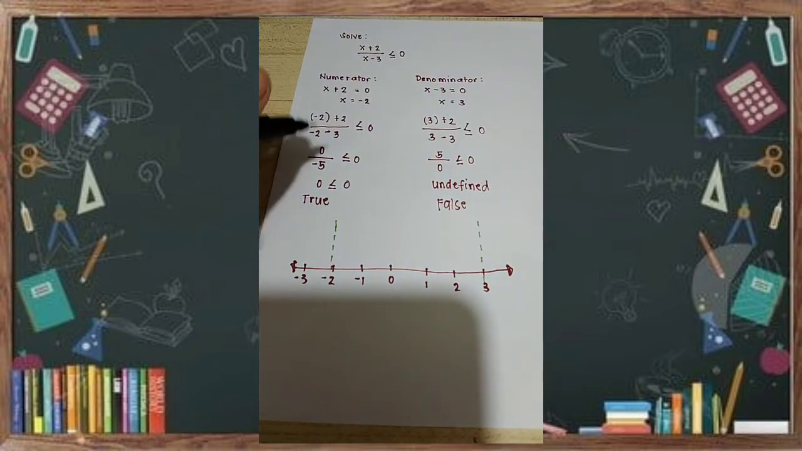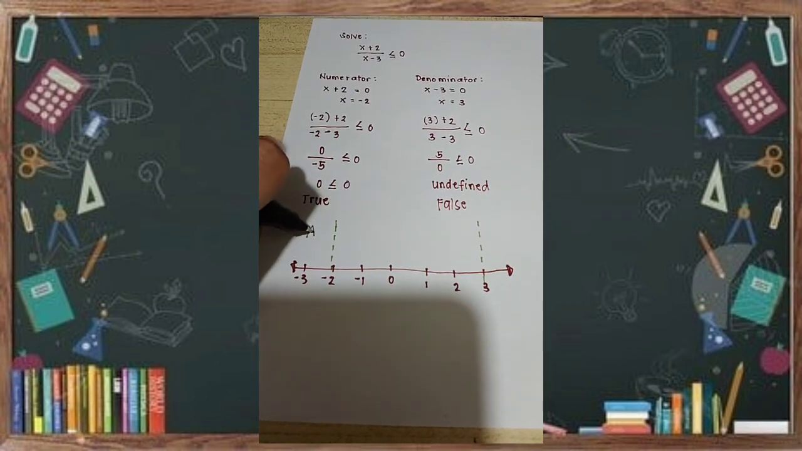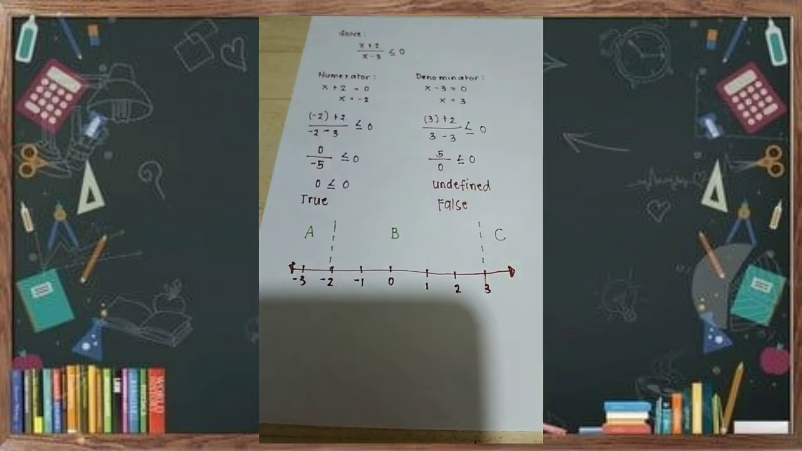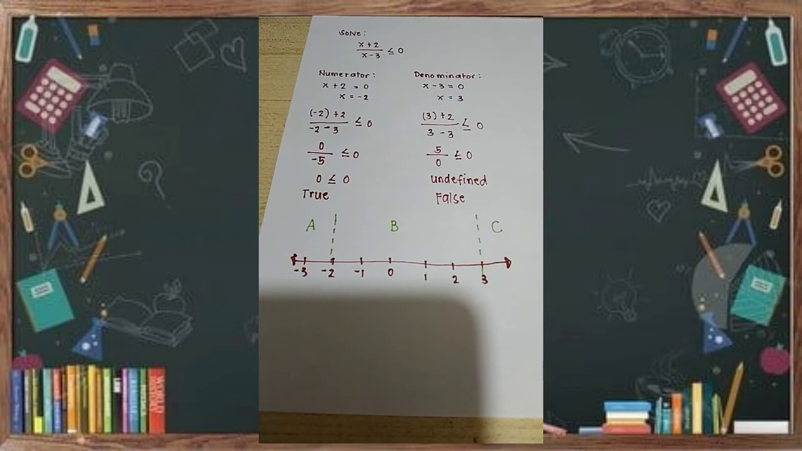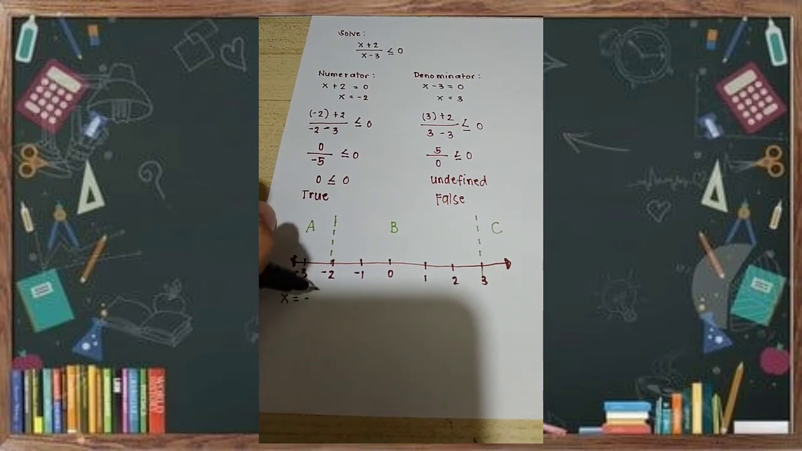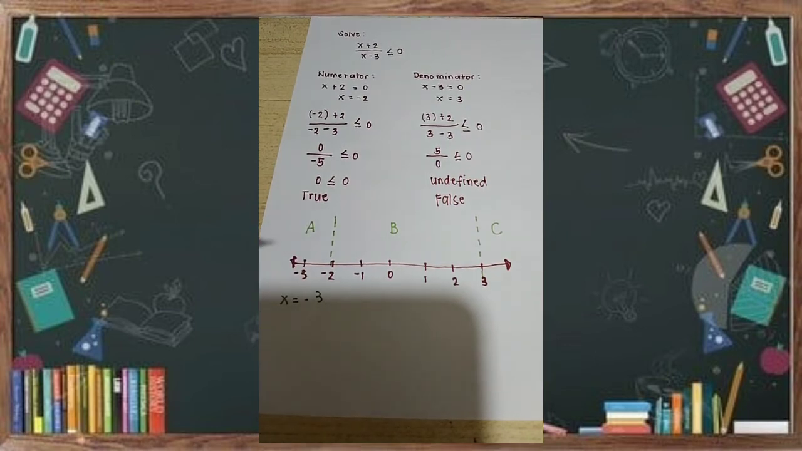Okay? So, we can now name it as A, B, and C. Yung mga values dyan. Okay. So, we will going to pick a value in this region or in this part sa A. Okay. So, we can now test, we can now pick negative 3. Okay? So, at x equals to negative 3, substitute natin dun sa ating pinaka